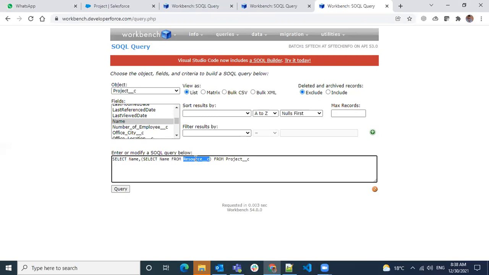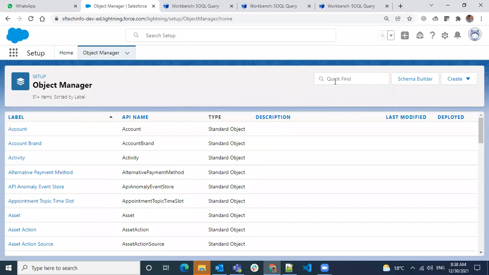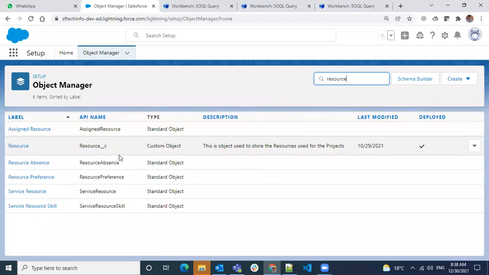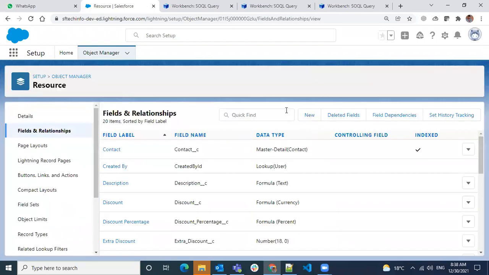So what is the relation expression here? That is going to be the key while writing it. So first of all, I will open a relation field, where we have this relation on resource. On the resource, we have a relation to the project.